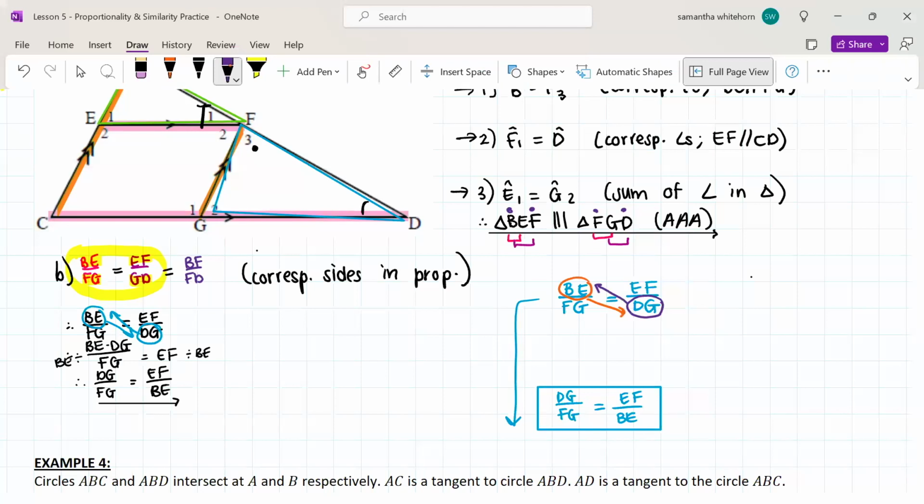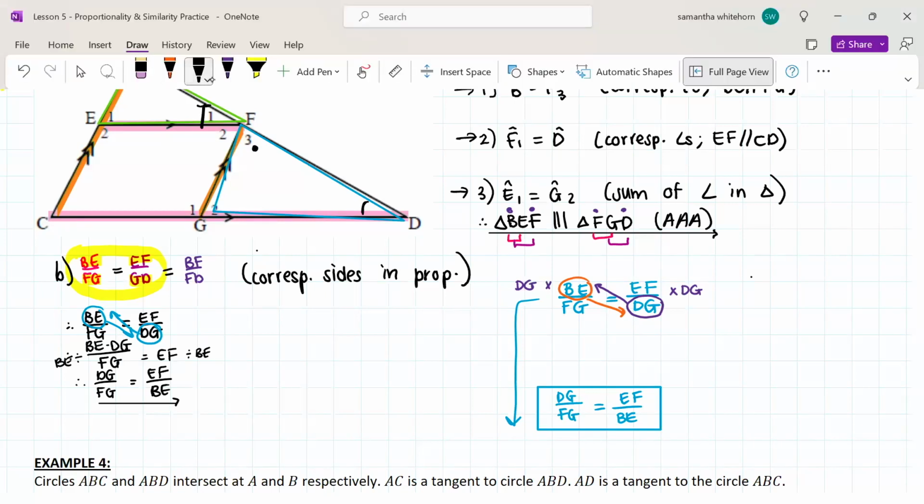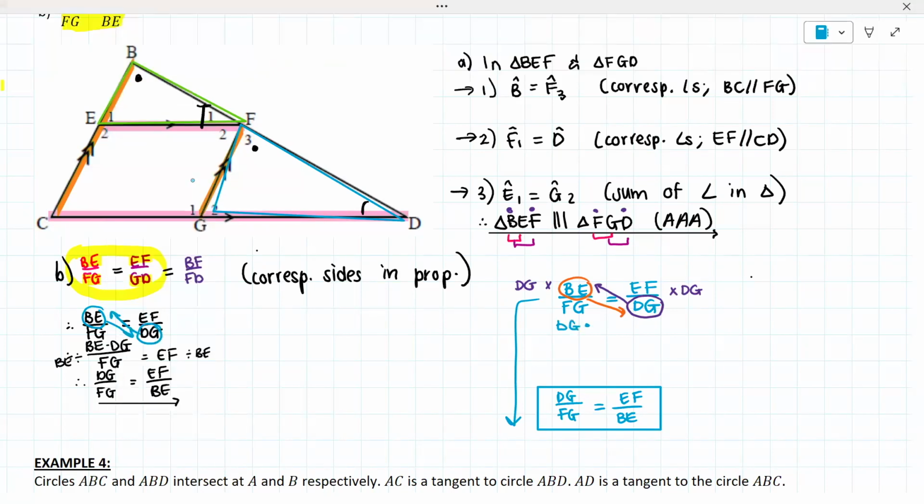I know that I have to get DG to my numerator, which means I need to times it out of the denominator on the right-hand side. But remember, in an equation, what you do on one side, you do on the other side. So I'm going to times by DG on the left. That therefore leaves me with, on the left-hand side, DG times BE, which is still my numerator, over